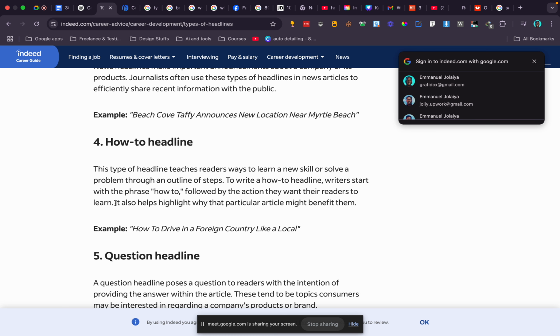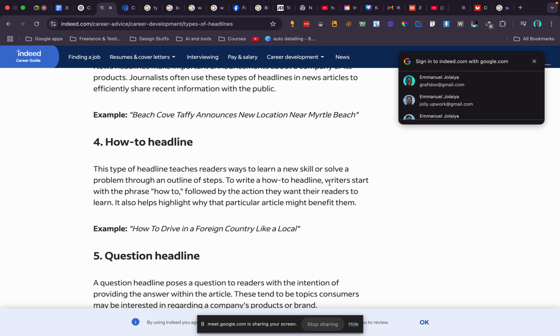How-to headline. You must have seen tutorials, guides, and all of those things. They usually come with how-to headlines. Maybe how to bake a cake, how to make soda, how to make homemade soap. This type of headline teaches readers ways to learn a new skill or solve a problem through an outline of steps.